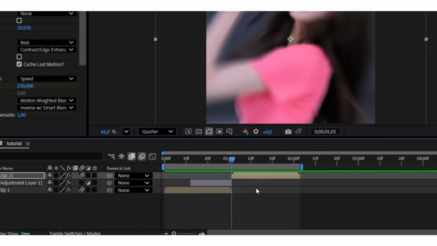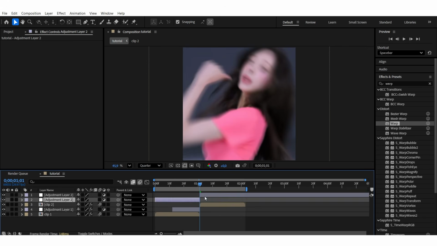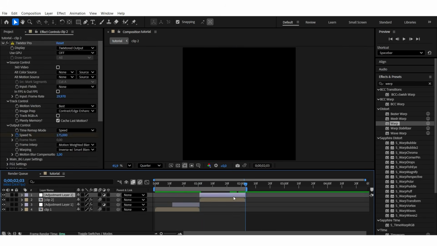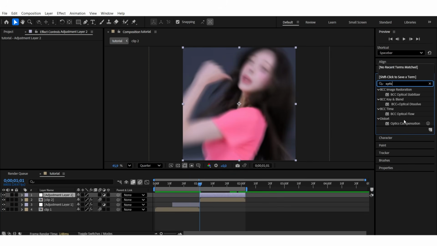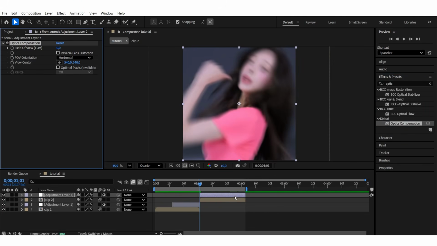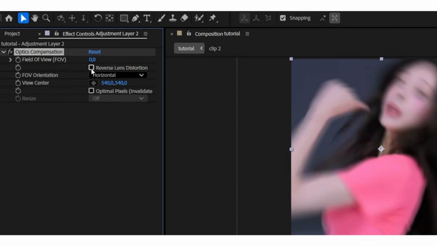Then right where your second clip starts, you're gonna create another adjustment layer and you're gonna crop it so it's the size of your second clip. Then you're gonna search for the effect Optics Compensation right here, and you're gonna add that to your second adjustment layer. Then right here on the settings, you're gonna click this option for reverse lens distortion,